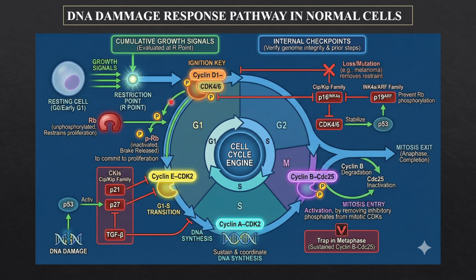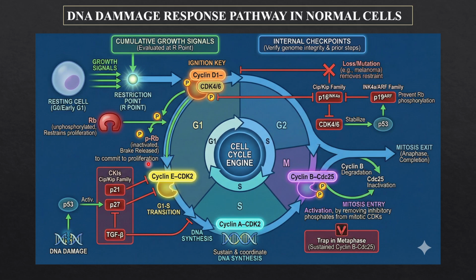At this point, the protein RB, or the retinoblastoma protein, plays a critical role in its unphosphorylated state. RB acts as a brake and prevents cell proliferation. When growth signals accumulate, they activate the cyclin D1-CDK4 complex or the CDK6 complex, which phosphorylates the RB protein. As a result, this phosphorylation inactivates the RB, releasing its inhibitory effect and allowing the cells to commit